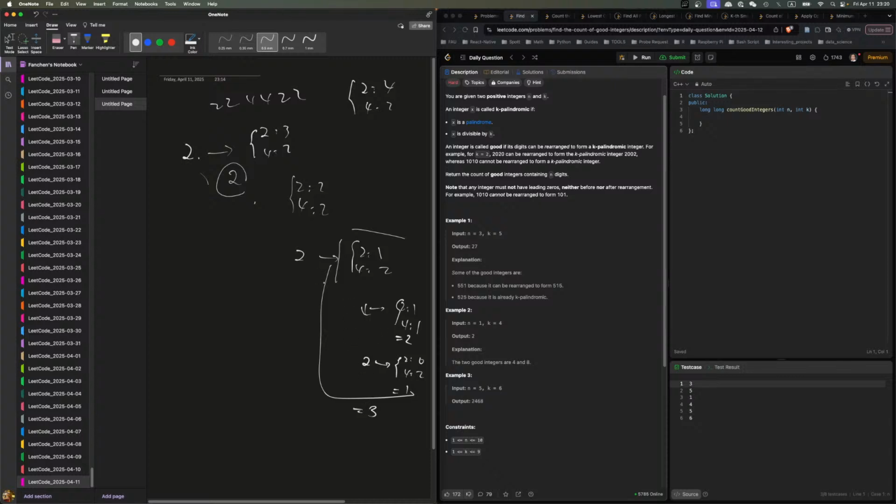I start on 2, and the remaining gave me 3. And then we also can start from 4. The remaining will also give me 3. So those 3 uniques, we can each one